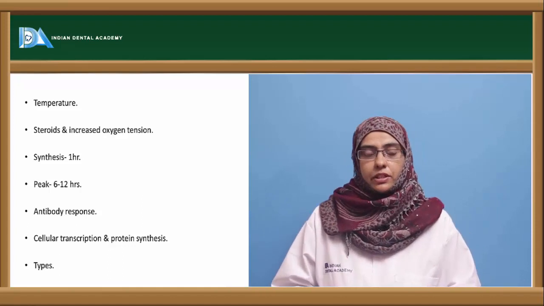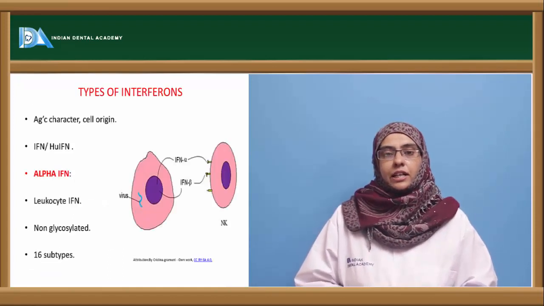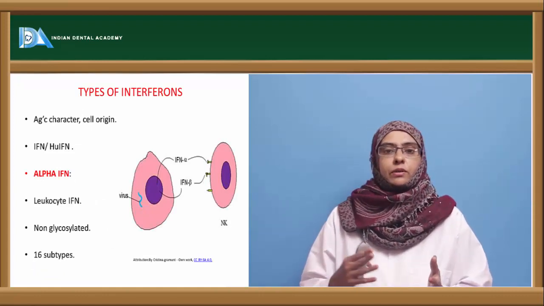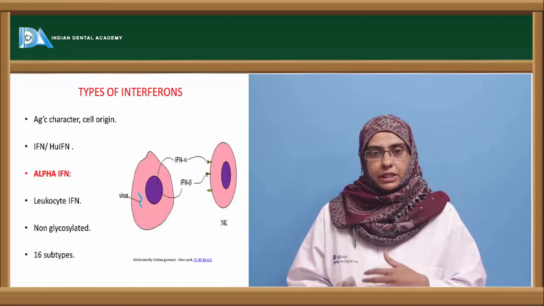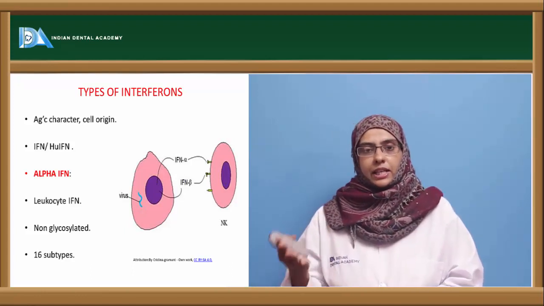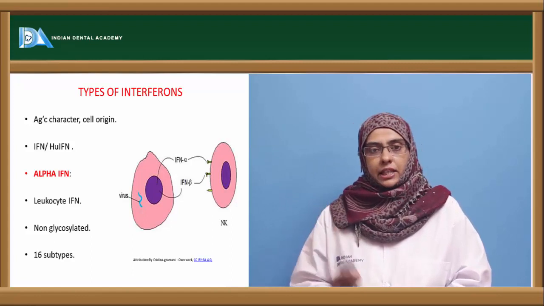And there are different types of interferons that have been identified. There are three most important classes of interferons: interferon alpha, interferon beta, interferon gamma. So based upon the antigenic character, based upon the cell origin and the other factors, you can classify this into three major types. And they are usually